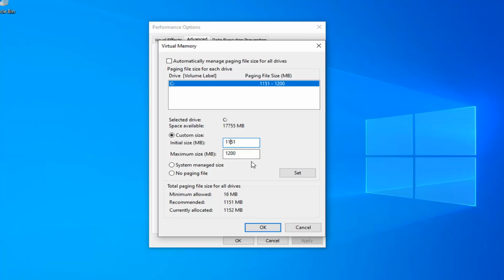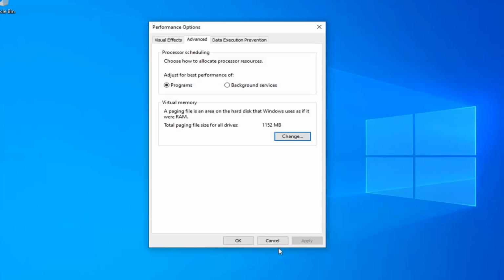It's a little bit subjective here, but generally speaking I'd probably go to the nearest third place value or something along those lines, so you can play around with that a little bit. You can even go up to usually 1.5 times your actual RAM size, so it really depends on how far you want to take it, but this is going to vary depending on how much RAM you have installed in your computer. I'm just following along with the recommended guidelines down here. It's not a huge deal if you bump up a little bit from the recommended settings as long as it's within reason. Just go ahead and left click on OK once you're done with that,